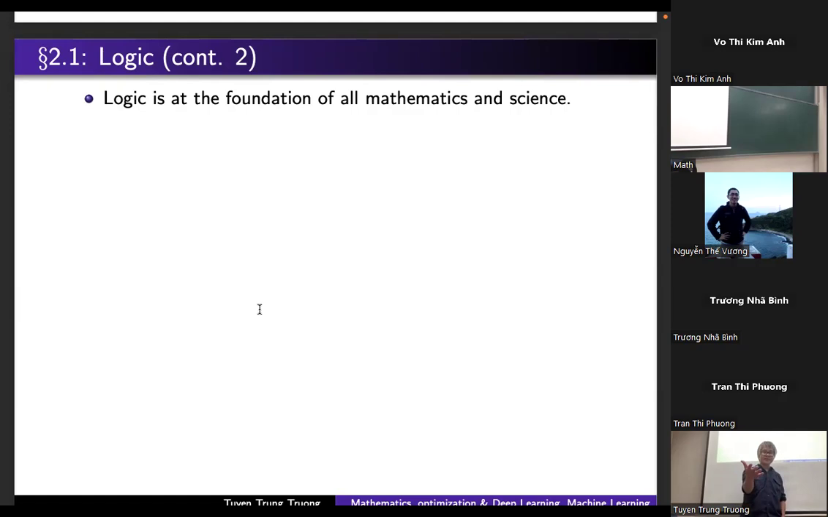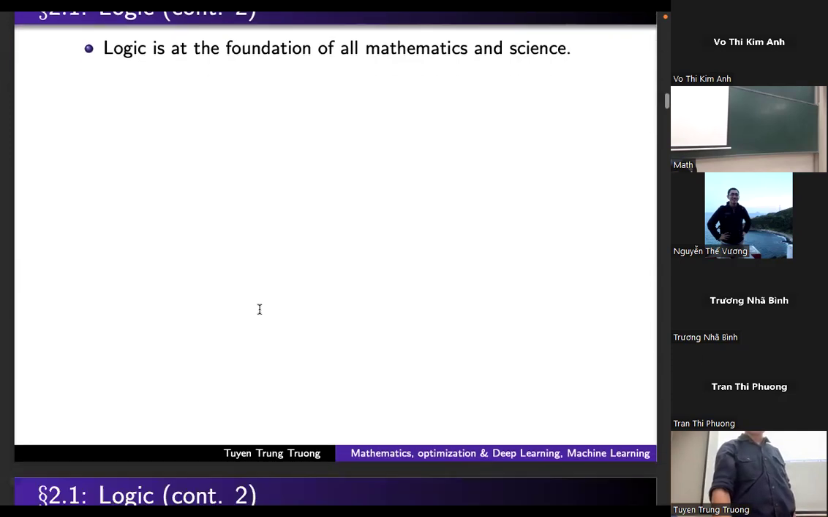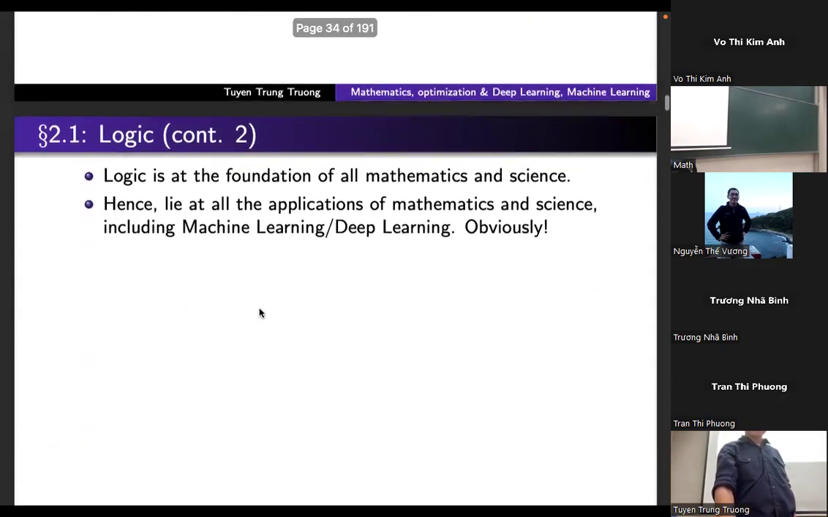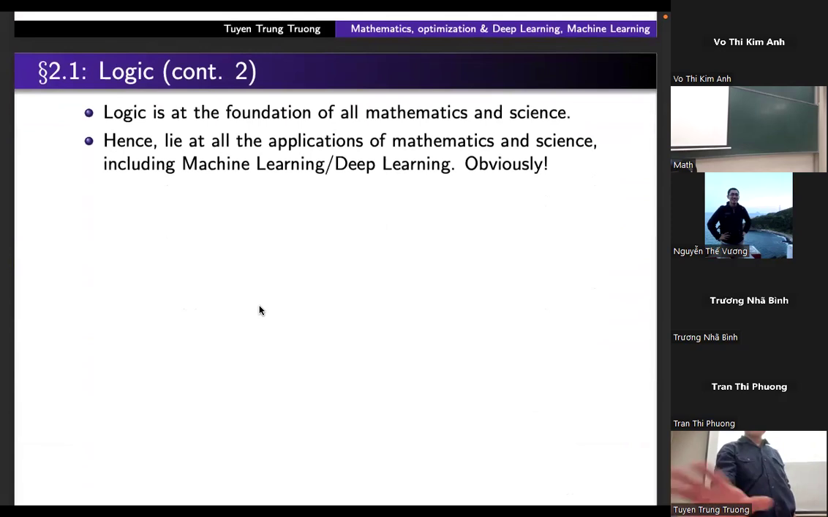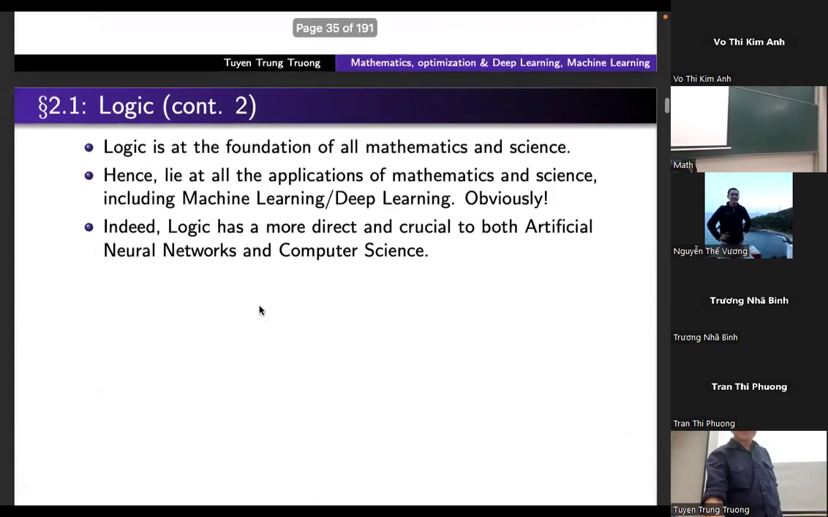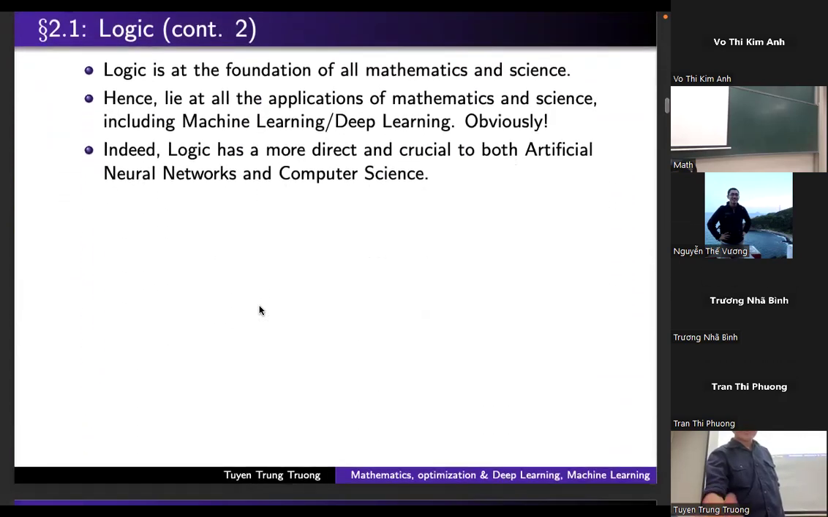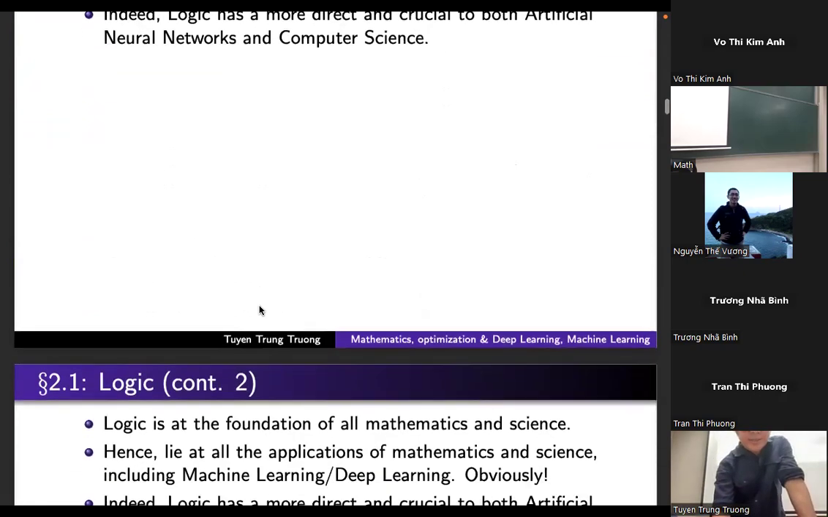But actually, the application of logic to machine learning and deep learning is more direct. It's like if you say optimization applies to machine learning and deep learning, then of course logic also, because logic is their foundation. But actually it's more direct, and it's crucial to both artificial neural networks and computer science. And to see this,